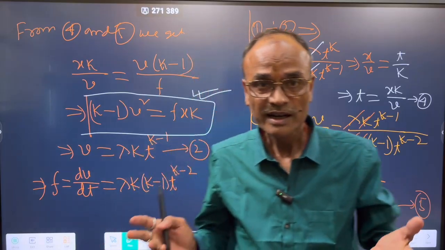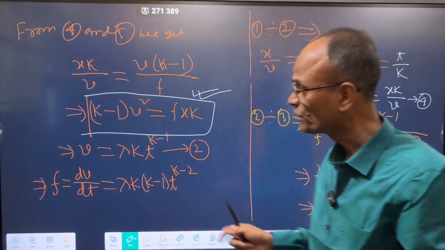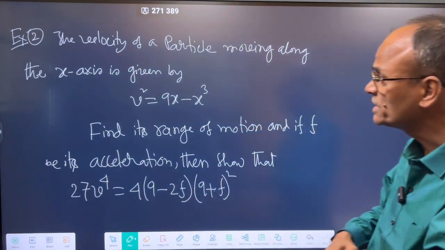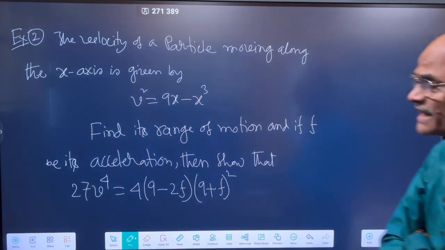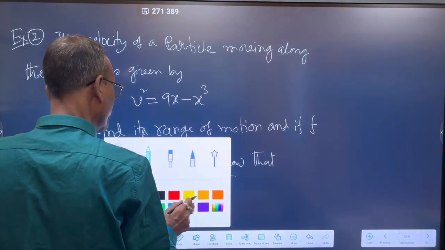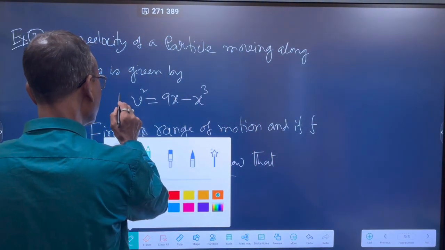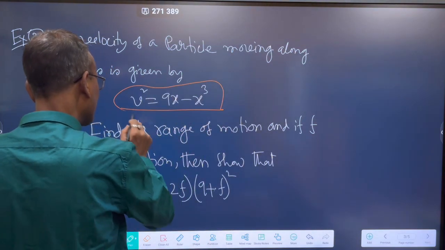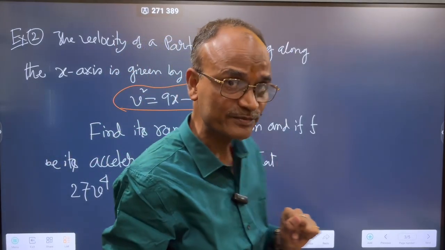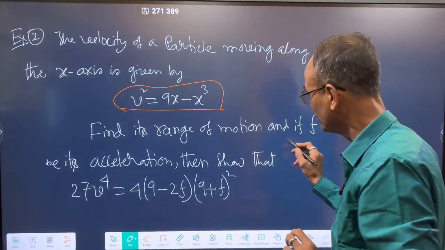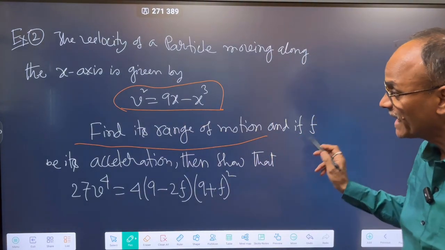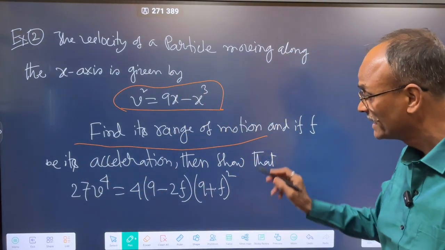Now, let me solve another problem. Suppose this problem: the velocity of a particle moving along the x-axis is given by v square equals 9x minus x cube. Find its range of motion. That is the first part, and the other part is, if f be its acceleration, then show that